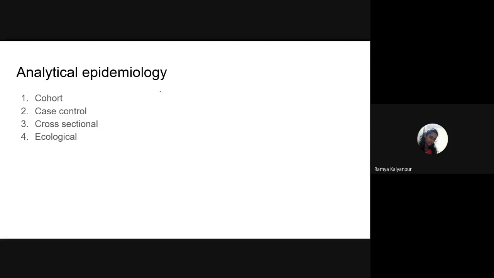Cohort study. So what does cohort study mean? It is a type of prospective study. Here the disease has not occurred. We will just look at the exposed people. So we will see the smokers and observe them, follow them over a period of time till the smokers develop what? Lung cancer. My interest is to see whether the smokers will develop lung cancer or not. So this is what we call a cohort study.